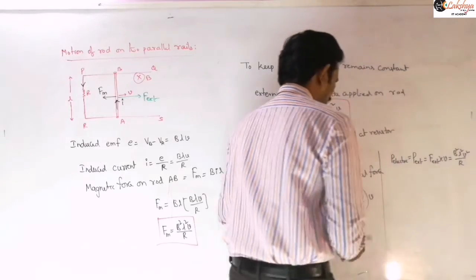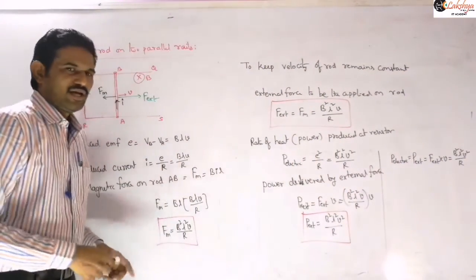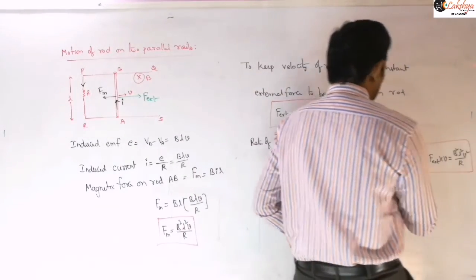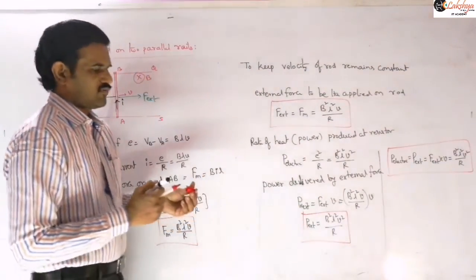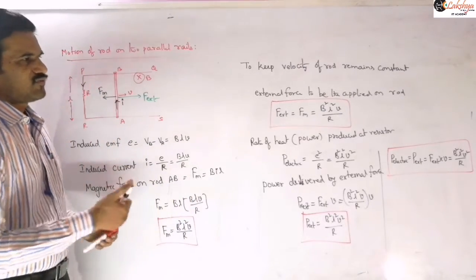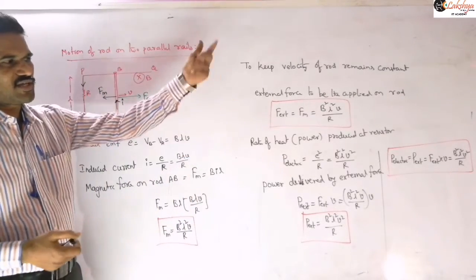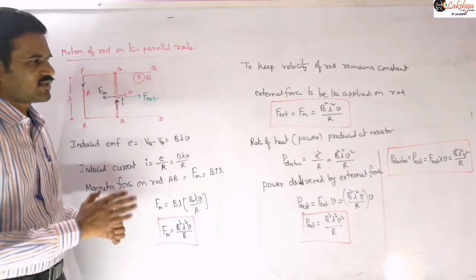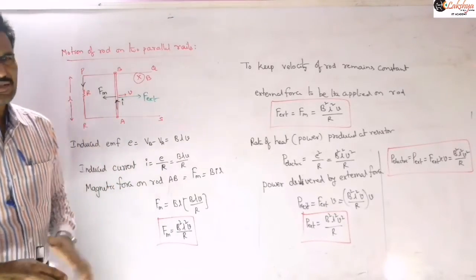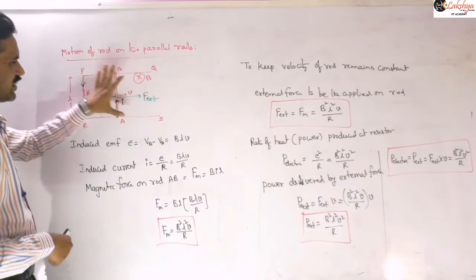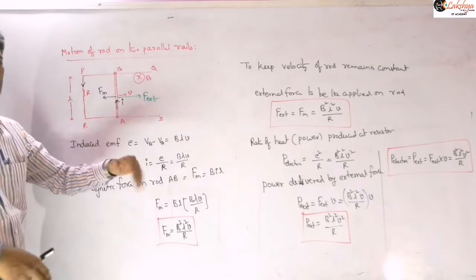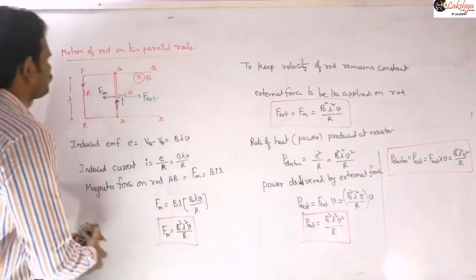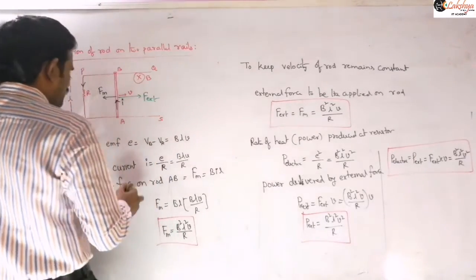That expression is valid only for the circuit shown here. The relation that external electric power is equal to the mechanical power is a basic standard relation. But B square L square V square by R is only valid for this circuit, because we derived it for this circuit. This is a basic circuit, so remember it. Many problems will be based on this circuit, a lot of problems in the EMI topic. I will give problems based on this.